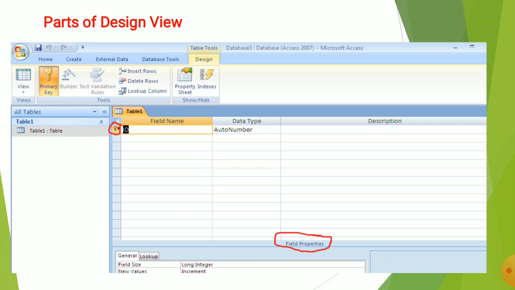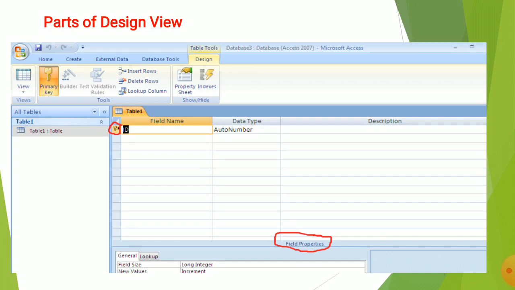Clear? Now you can see the lower part which I have encircled with red color, also called field properties. So two panes are there, field grid and field properties. The field properties window is used to set the different properties of the selected field.